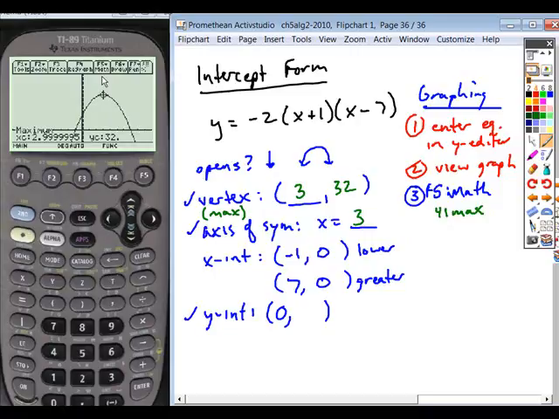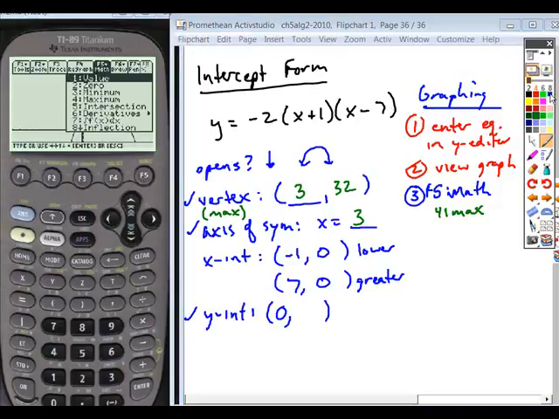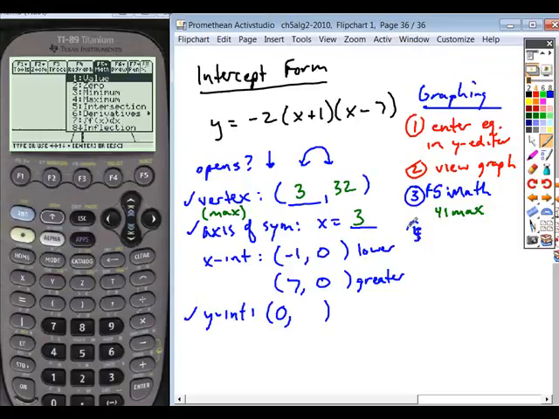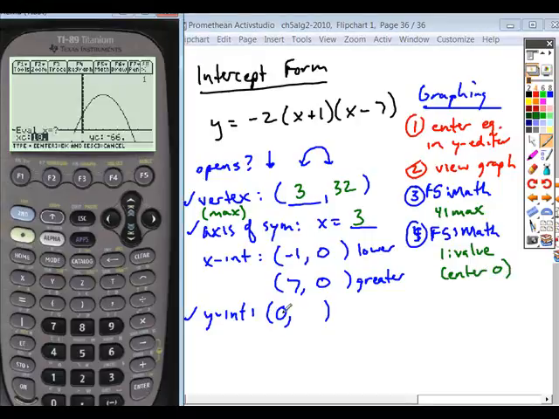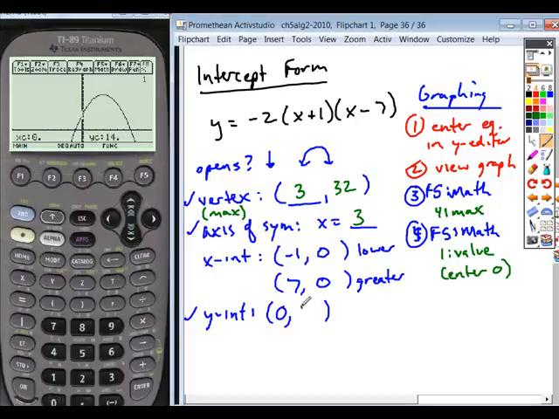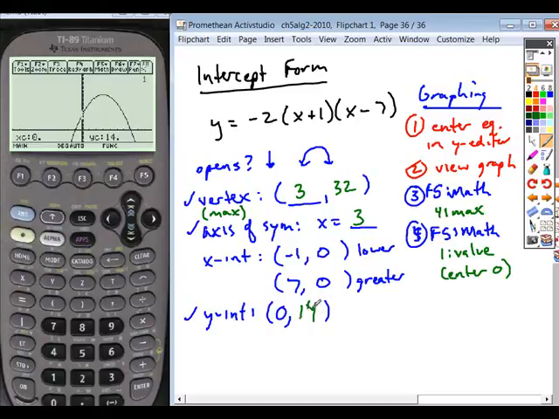Okay, and then we want to find our y-intercept. Can we do that in this screen? If we just go to the Math tab, F5, we can now choose the value. And all you have to do is enter 0 for your value, because your y-intercept is where your x-coordinate is 0. So when you choose 0 and hit enter, it gives you that y-intercept of 14. And so you're able to